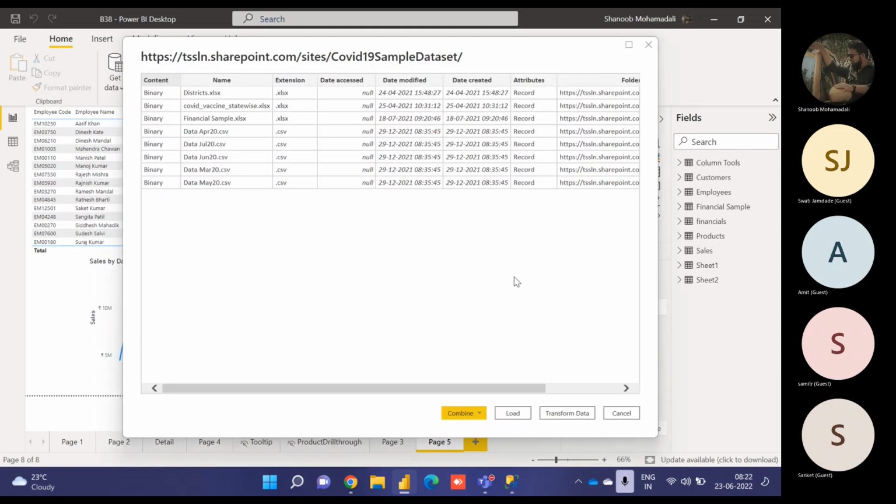Okay. So this time, when we are connecting to a folder and need to extract a specific Excel file, you will not load, because it will load the table which gives you the details of all the files that are available in that particular folder. That won't be enough, right? You need to connect to that Excel file. So to do that, you will go to transform data,